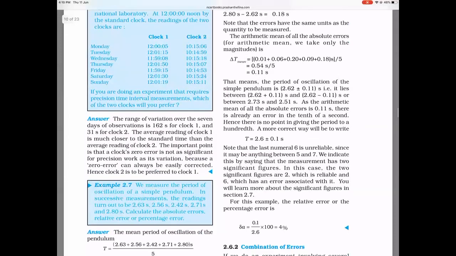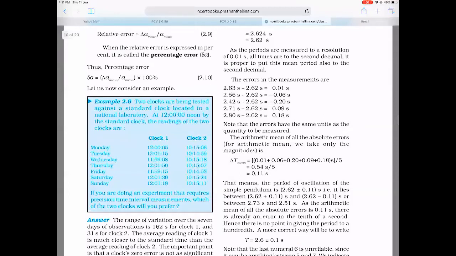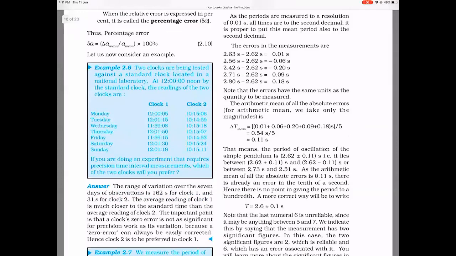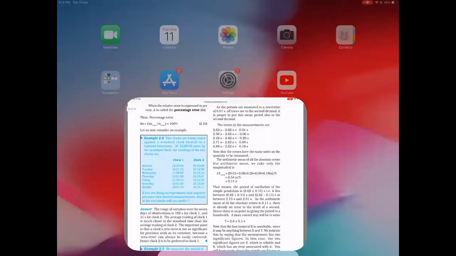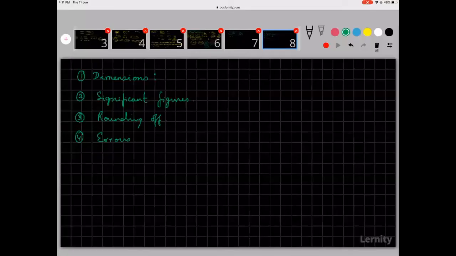Let us do one or two more questions, and then we will move on to the next concept. The next concept is a very difficult concept. In JEE, every year you get one question, and in JEE Advanced you get one or two questions, about vernier caliper and screw gauge. Actually, these are two experiments. These are the first experiments that you will do in school or college in the 11th and 12th standard. They'll teach you how to use a vernier caliper and how to use a screw gauge.